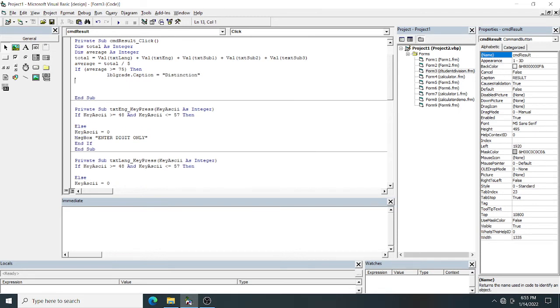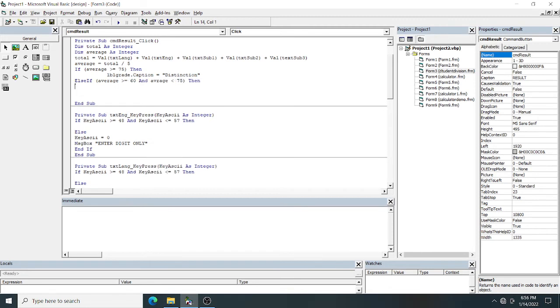After that, else if, one word, together you have to type. If the average is greater than or equal to 60 and average, this is a logical expression, average is less than 75, then you are getting first class.